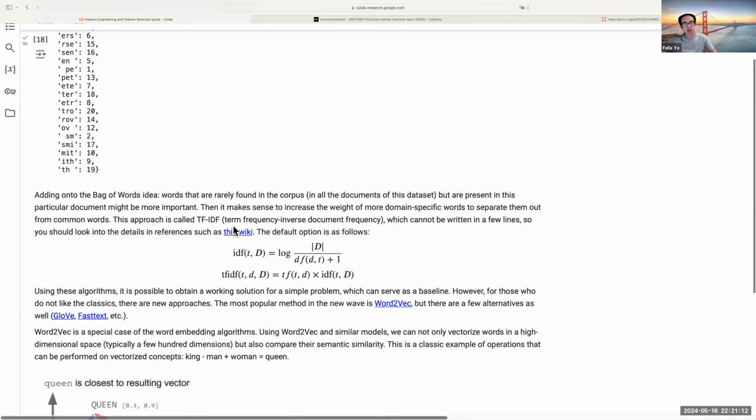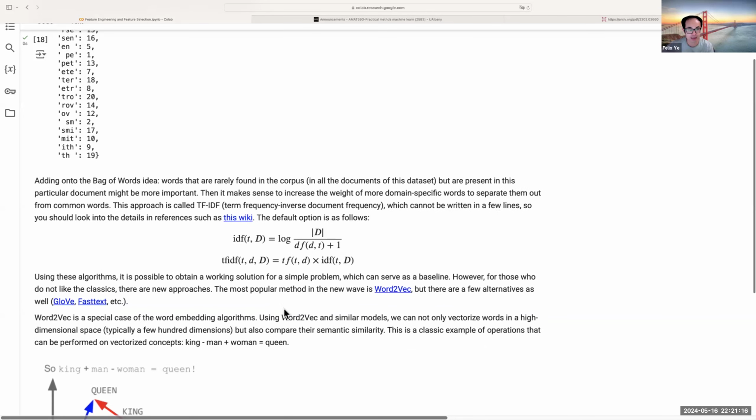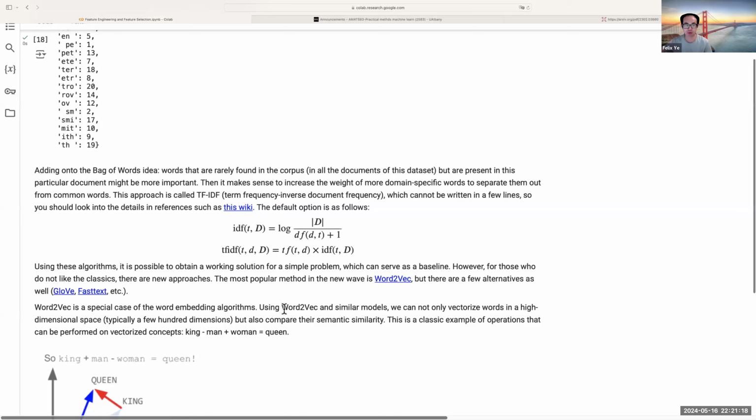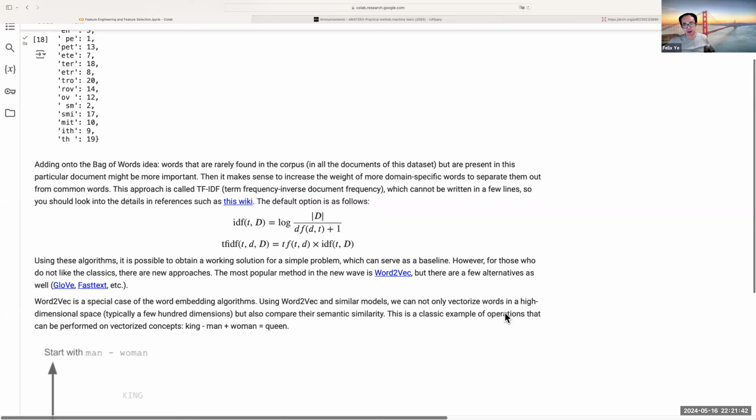And also, another way is that we can do word to vector. Basically, we map any word to a high-dimensional vector, and then we can process these words with additions, subtractions, and inner products. This is what word embedding algorithms do, and using this kind of method